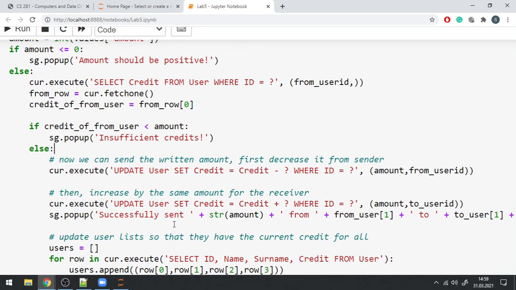So we actually need to execute two update queries. With one query we cannot do this transaction, right? We cannot at the same time decrease one of them and increase the other. So we need to execute two queries, and this should be done like